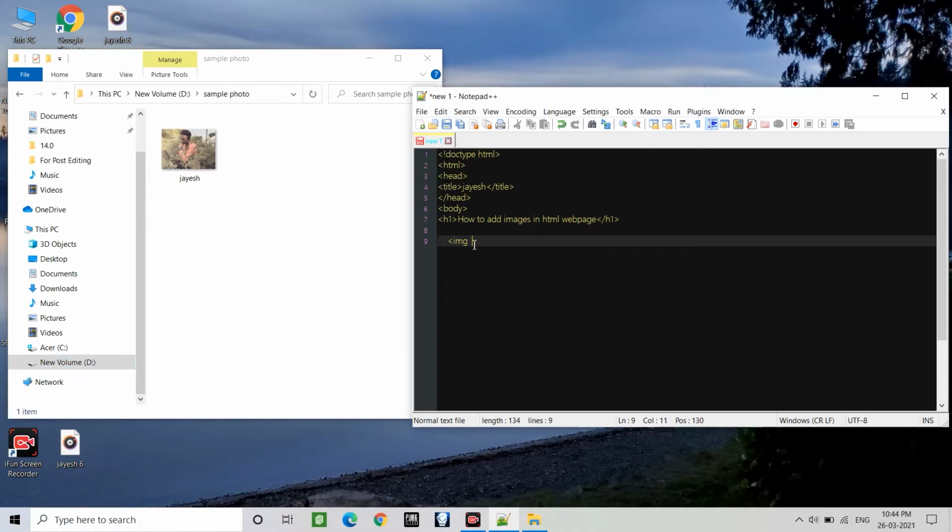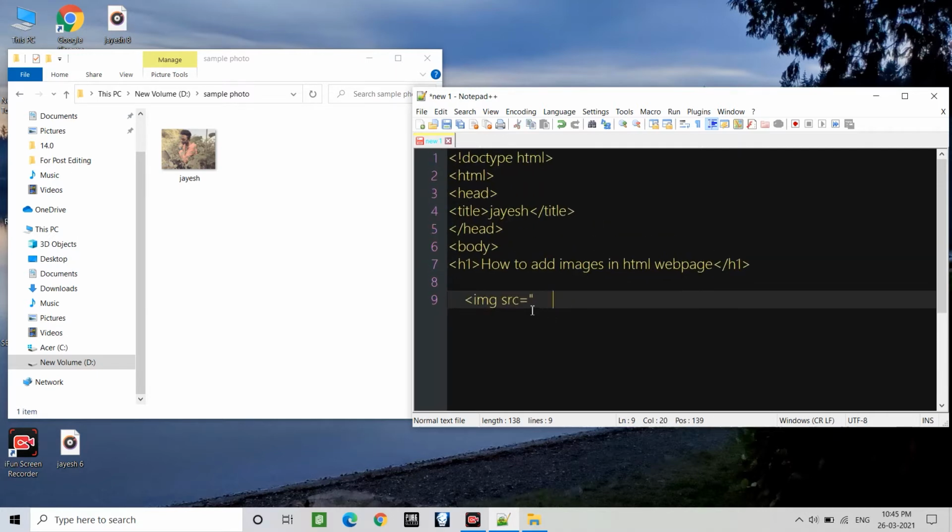So I'm using the img tag and the source attribute, that is src. So this is our image tag, and after that you have to verify where your file is located. For that you have to use the equal to sign here and add in the location.